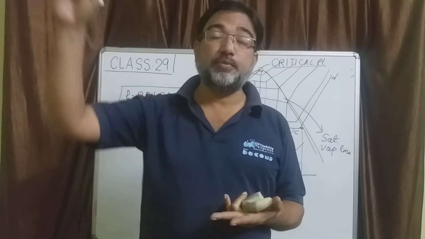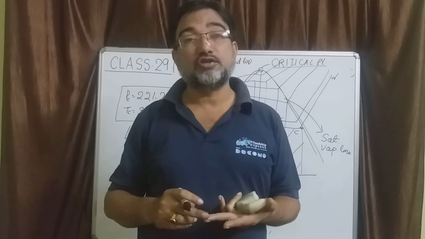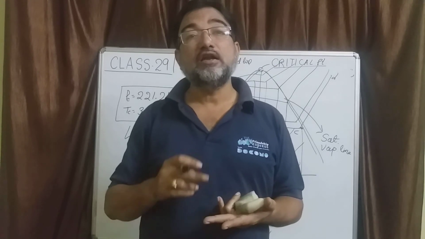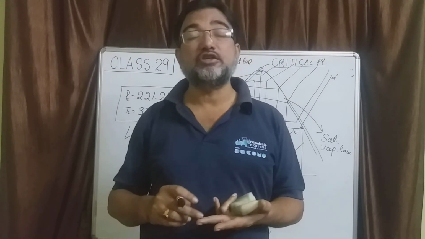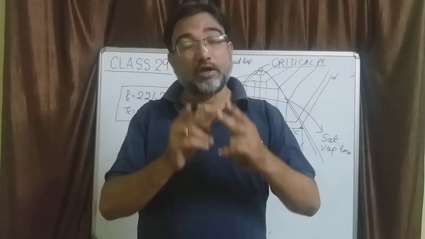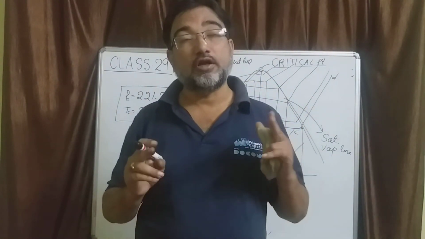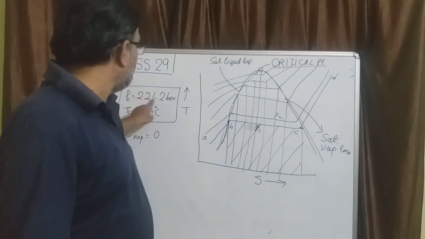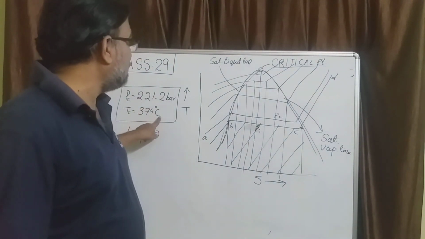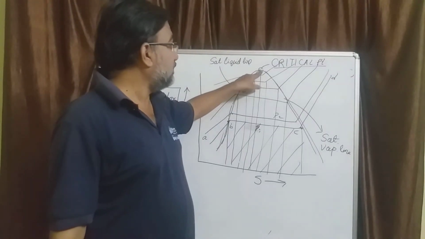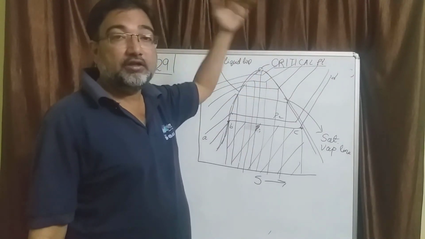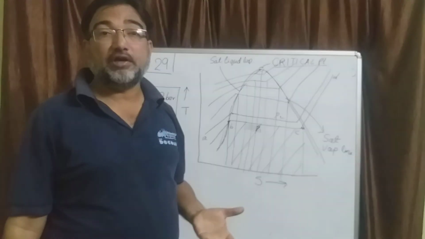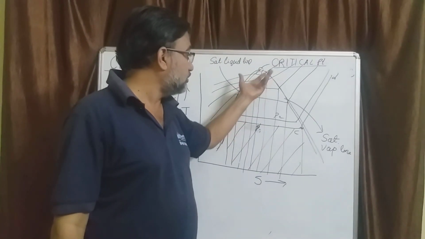Okay, so today we learned about the saturation points, the TS diagram, the trajectory along which the phase change and temperature change takes place for steam and water, and which is the saturated vapor line, which is the saturated liquid line, and where they meet at a point called critical point. The values of pressure and temperature at critical point are 221.2 bar and 374 degrees centigrade. And at critical point and above critical point, there is no latent heat of vaporization. That means latent heat of vaporization becomes 0.